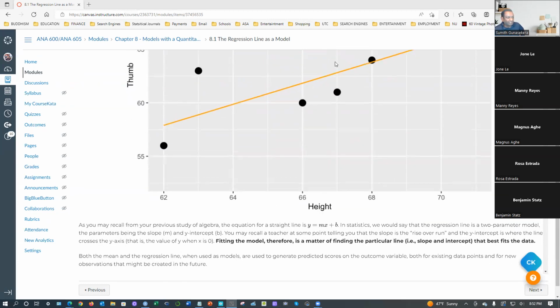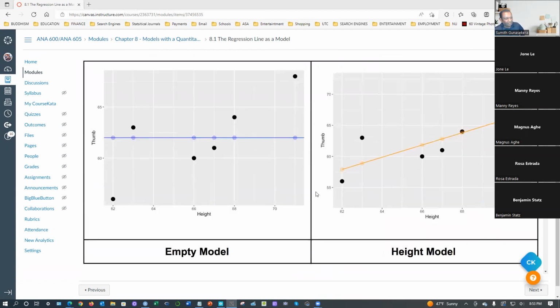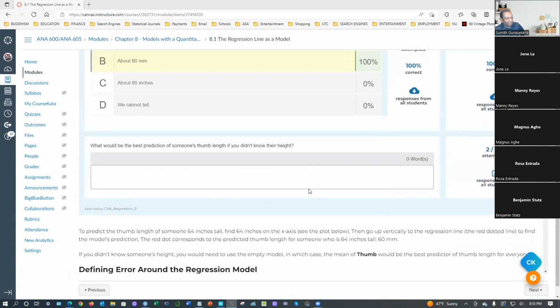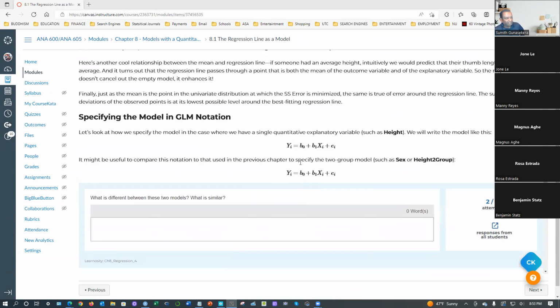So this one is a straight line. A straight line can be explained by what? The y equals mx plus b format. You can remember that from mathematics. B is what? The intercept. In mathematics, they write the slope first, then the x variable, plus the intercept. But in statistics, we write the intercept first, b naught first, then the slope, then the x variable.